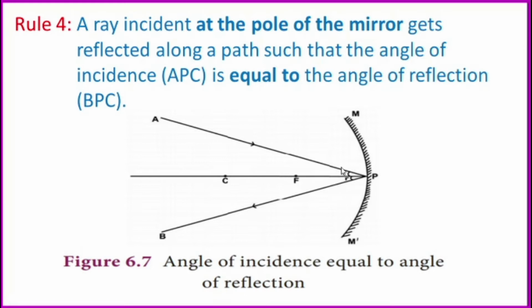Then angle of reflection means the angle made by the reflected ray with the normal. So this is the normal here. The principal axis is the normal to the incident ray and the reflected ray. The incident ray makes some angle with the normal, that is I. Then the reflected ray makes an angle with the same normal, that is R. I equal to R. So normal means an imaginary line perpendicular to the reflecting surface at the point of incidence of the particular light ray.